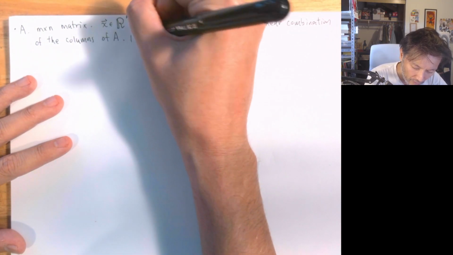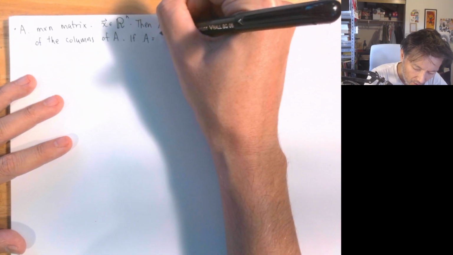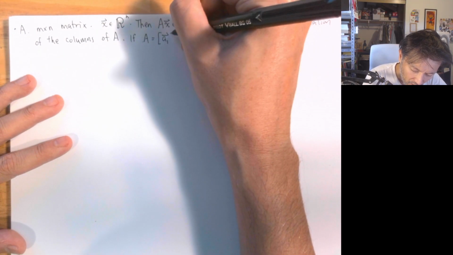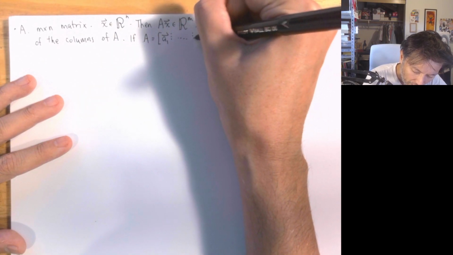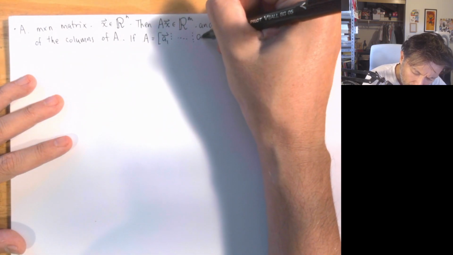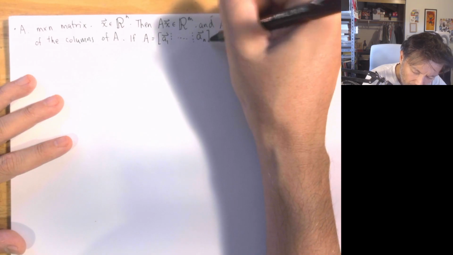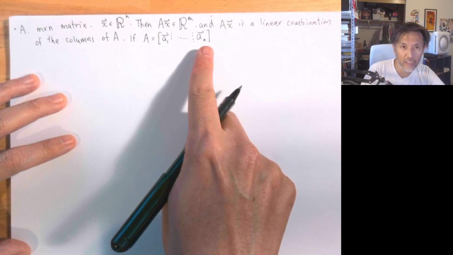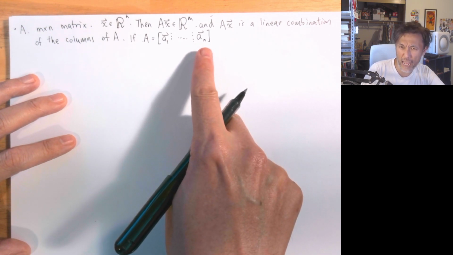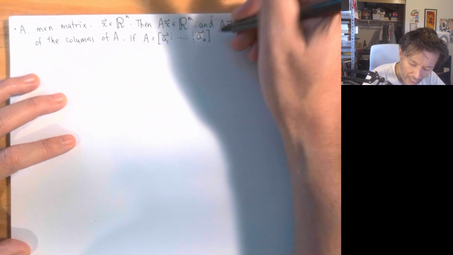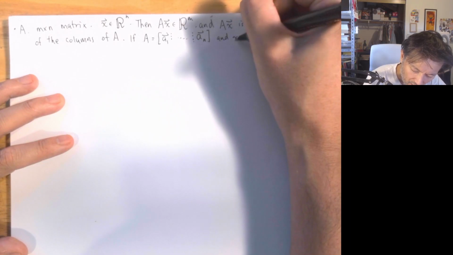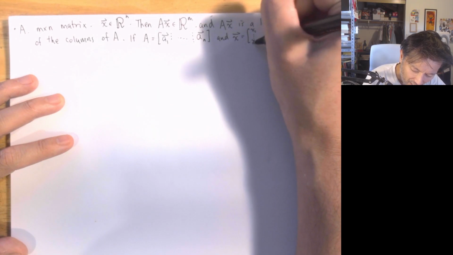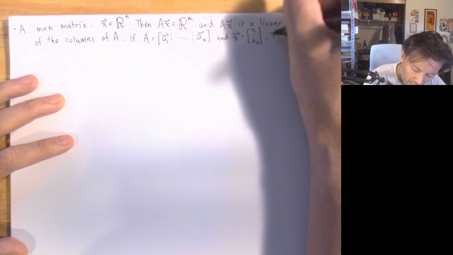So if A is divvied up into columns like this, A1 going all the way out to An, so if A has n columns, A1 through An, each of these are elements of R^m. And x is the column vector whose entries are x1 through xn. Then